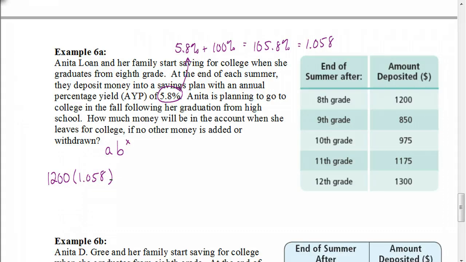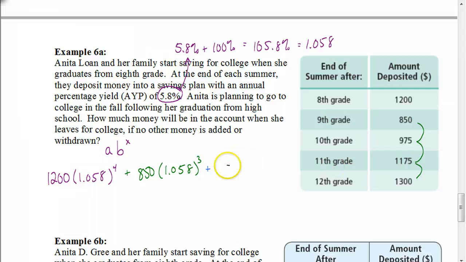Now this $1,200 she gets in the summer after her 8th grade year is going to be sitting for 1, 2, 3, 4 years, because after the summer of her 12th grade year, she's starting college. So it's sitting for 4 full summers, or 4 full years. So your exponent would be 4 here. Then we go to our next piece. The next piece would be the $850 times our growth factor, which is still 1.058. But this time, this is sitting for 1, 2, 3 full years,